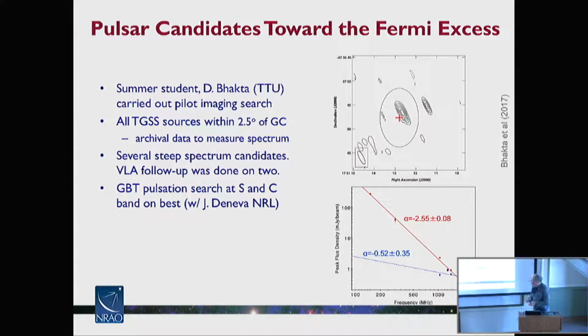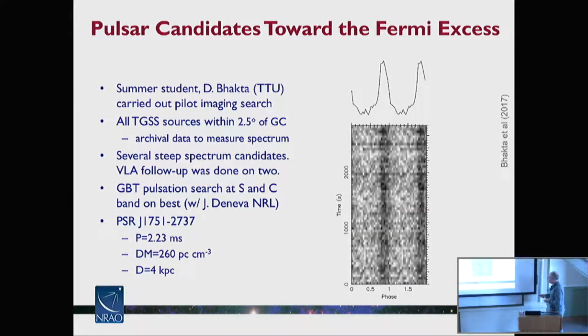So then we did a follow-up search at higher frequencies where the scattering is reduced by nu to the 4th power. So traditional searches are done at 1.4 gigahertz, but if you shift over to, you don't know what S and C band are, I realize I forgot to change that. So that's at 2 gigahertz and 5 gigahertz typically. So the scattering is much reduced, and lo and behold, we found a pulsar. A millisecond pulsar, again, 2.2. I'm finding a lot of 2.2 millisecond pulsars. I don't know why.